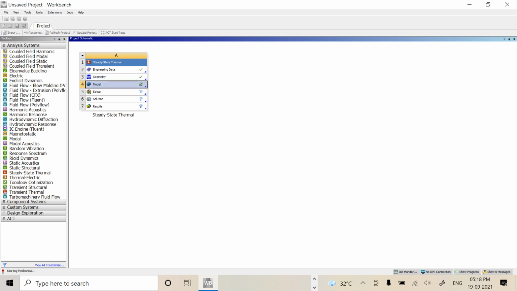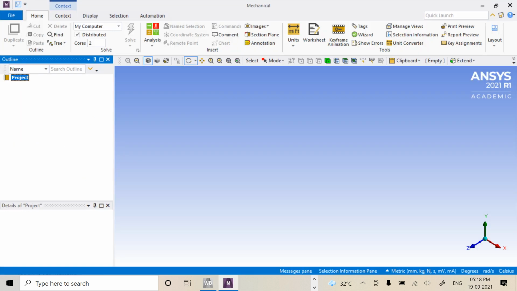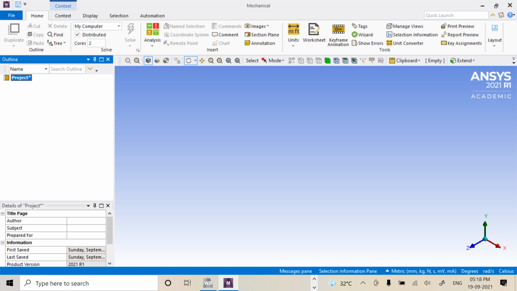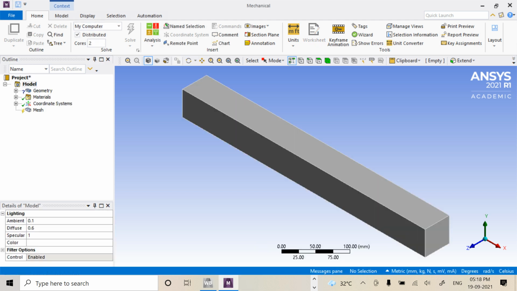Next we are going to click on model. It's going to open. We have to wait for some time. Yeah, it's opening. So it has shown the project has been opened.